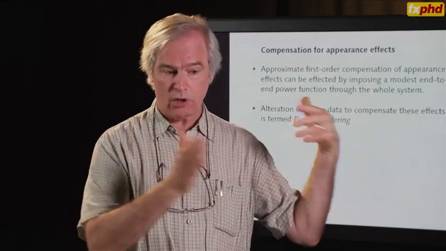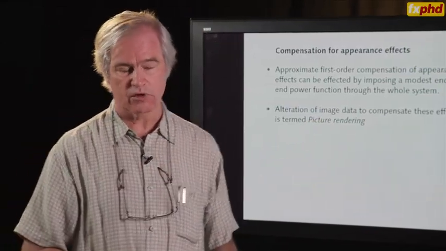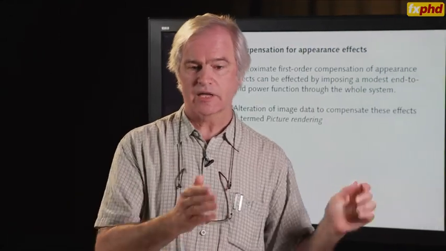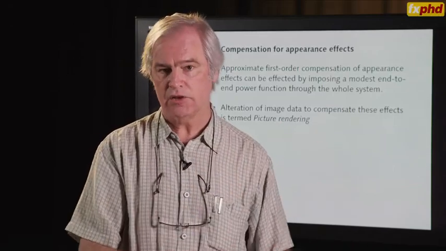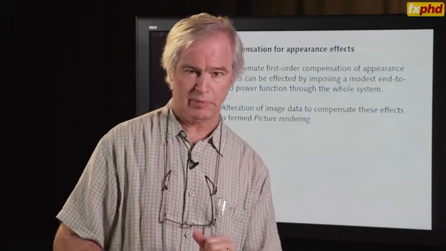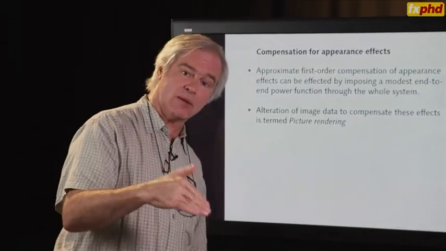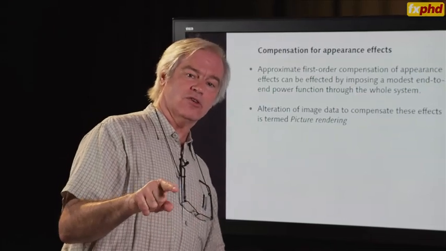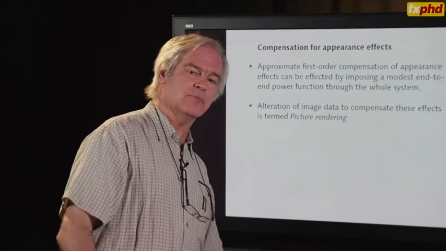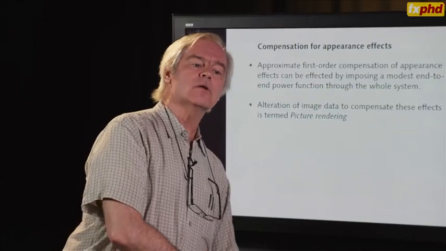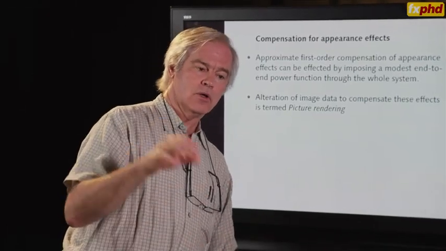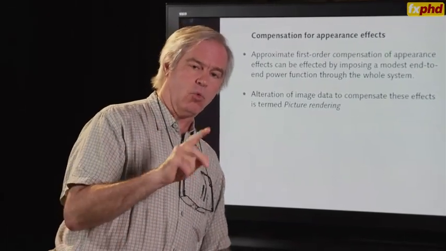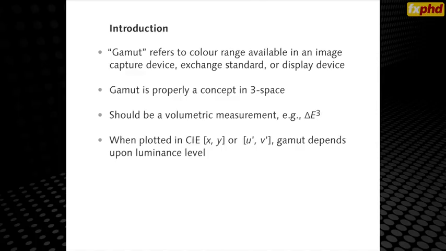And later on, in a later class, we'll talk in great detail about the Academy workflow, and the reference rendering transform is the block in that workflow that accomplishes the tasks we've been talking about. Now, we've got some time left in this class. What I'd like to do is switch to a different topic, and that topic is color primaries, old and new, moderate gamut, and wide gamut. Let's talk about wide color gamut.